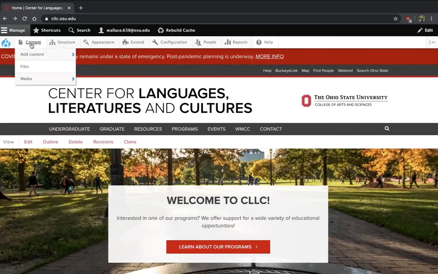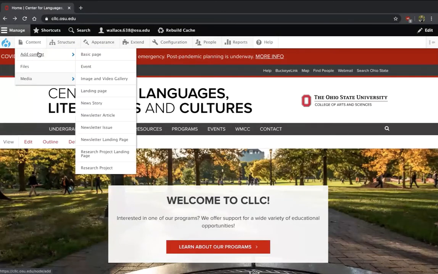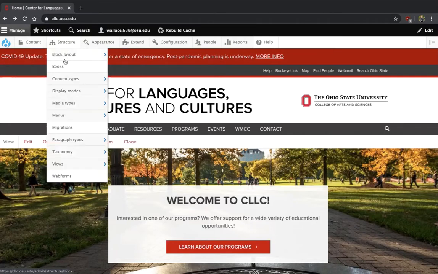So with all the other content on the site, most of it's done through this add content thing, right? I actually have a few extra things here, but for the most part, when you add content, it's through there. And if you've ever worked with forms on Drupal 7, they would be in here as well. Because Drupal 8 has to be a little different, it's actually under structure here. So all the way at the bottom, I have this web forms button. I couldn't tell you why it's under structure as opposed to content, but